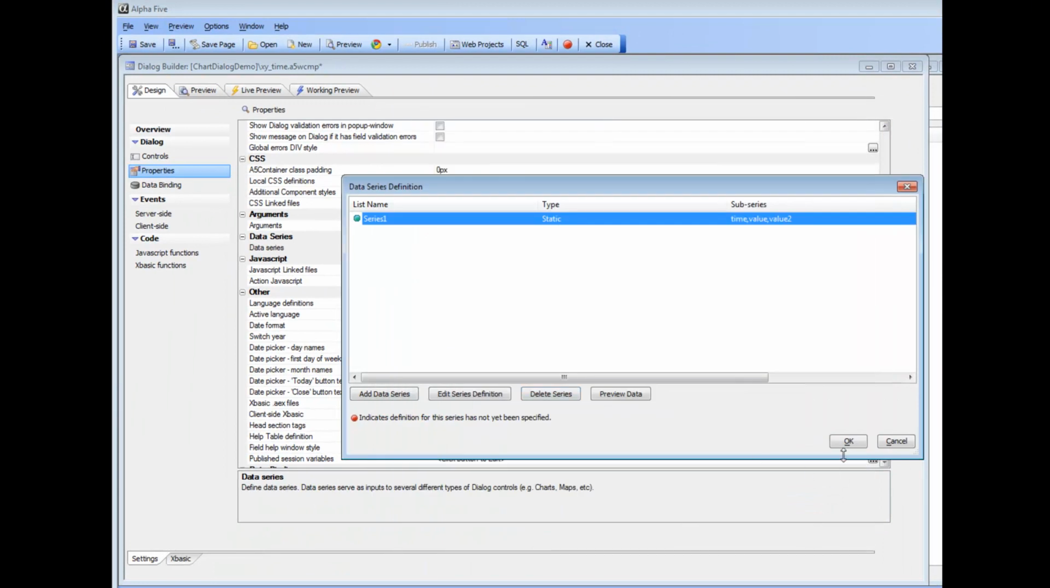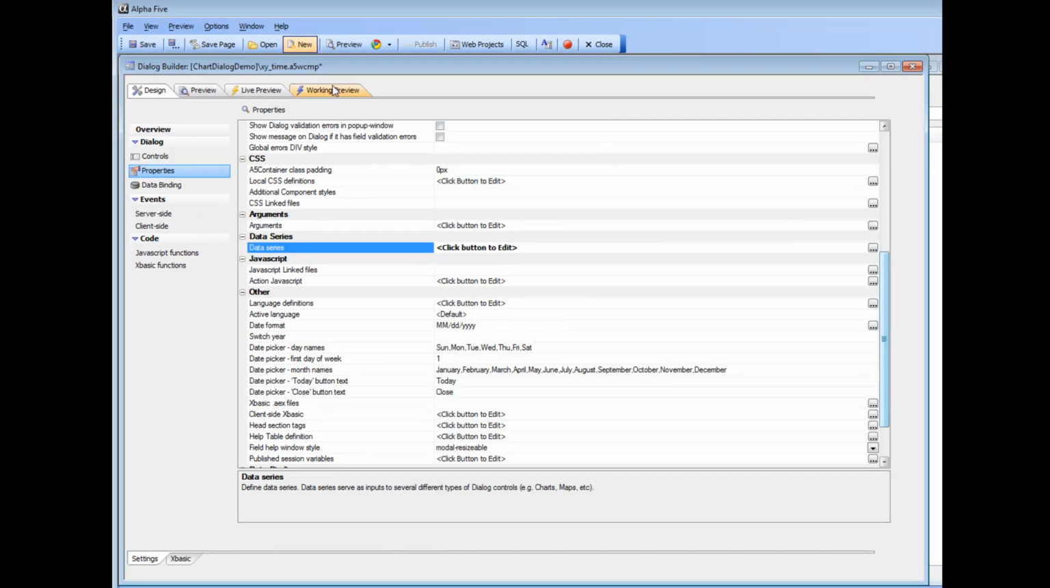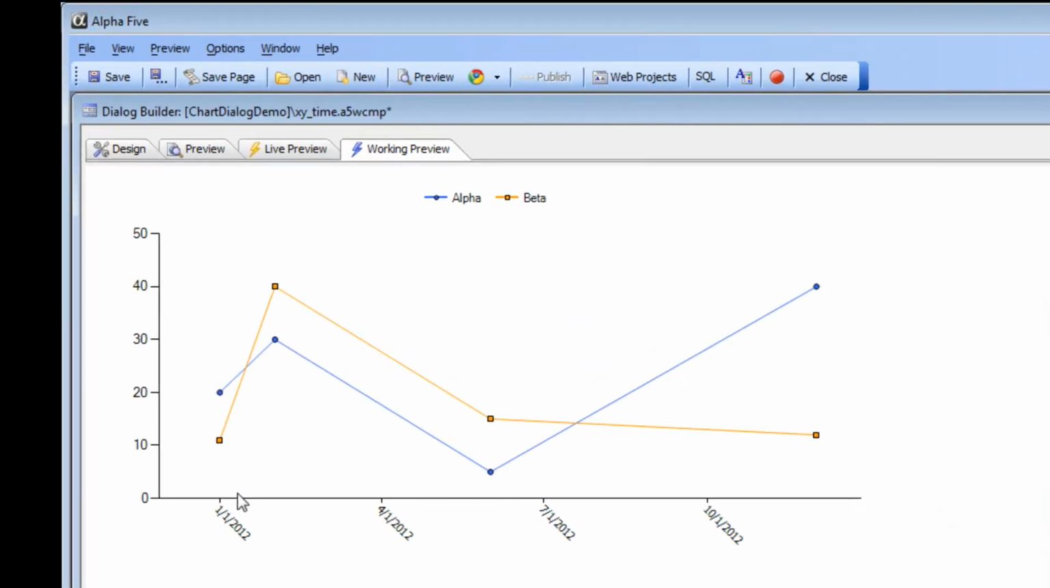So the sub-series has selected date values, but not all date values. Nevertheless, when it comes time to plotting it, Alpha 5 plots the data and correctly extrapolates the date values across the x-axis so that they are all printed out in a proportional manner. So you can see there's our value for January the 1st, there's February the 1st, there's June the 1st, and